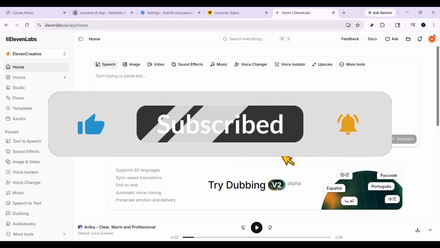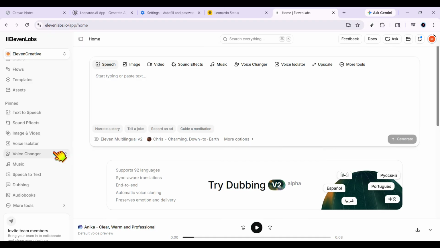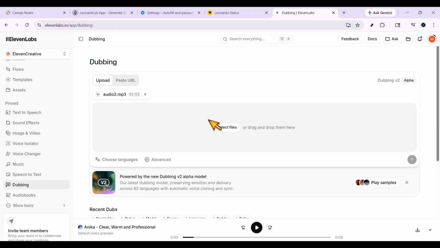Alright, let's jump in. First, go to ElevenLabs and open the dubbing tab. This is the section specifically built for translating and revoicing content, so you can turn one audio track into multiple language versions without starting from scratch. Once you're in the dubbing area, look for the option to upload your audio file. Click upload and choose the file you want to dub. For best results, make sure your audio is clear with minimal background noise because cleaner source audio usually leads to